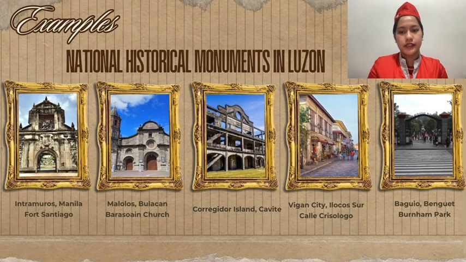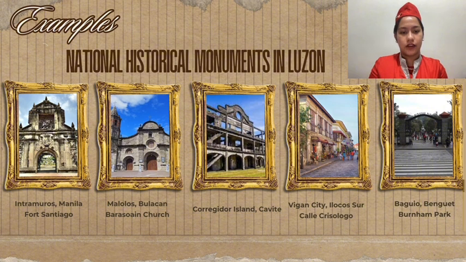Luzon is the largest island in the Philippines and is home to numerous national historical monuments that commemorate significant events and figures in the country's history. Here are some notable examples. The first one is Intramuros, Manila. It is now a UNESCO World Heritage Site and features numerous historical landmarks like Fort Santiago, San Agustin Church, and